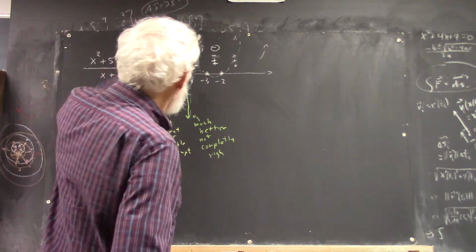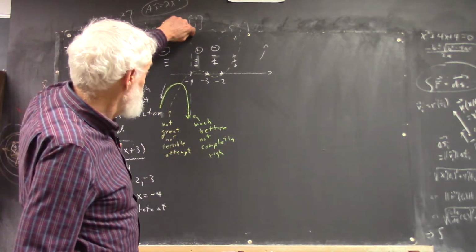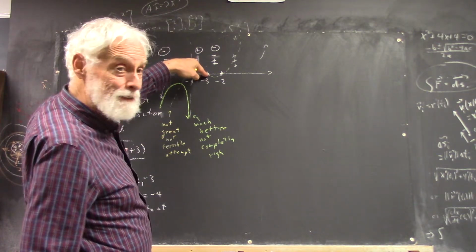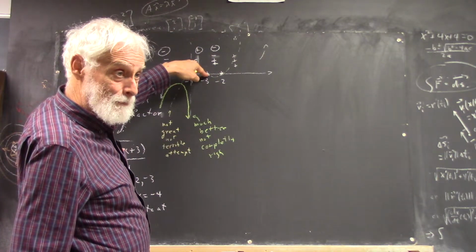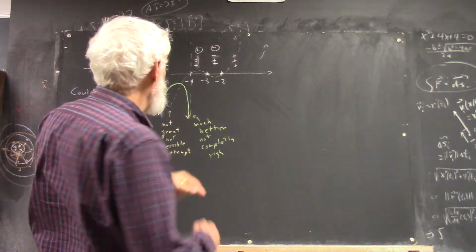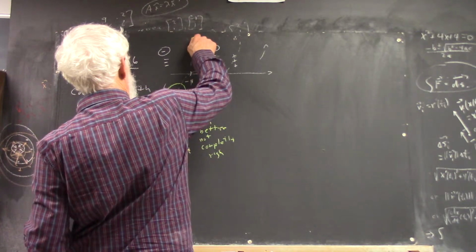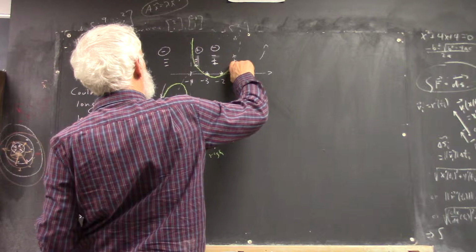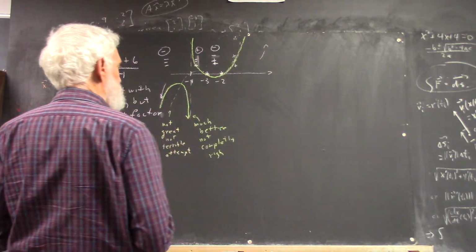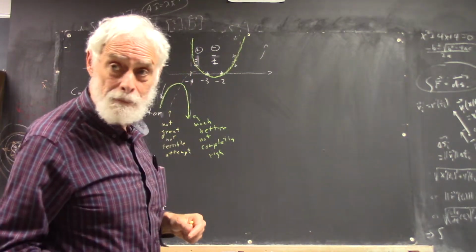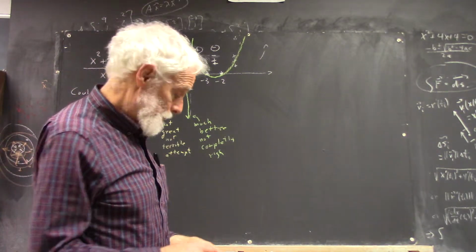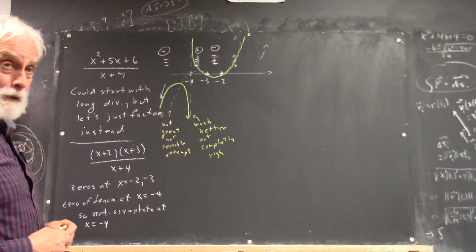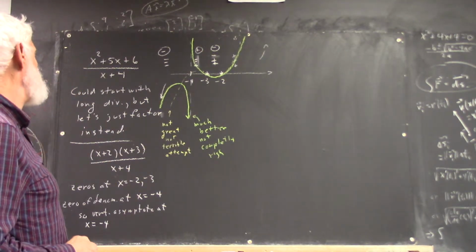And over here, it's positive, so the asymptote has to come down from up here. It has to go through 3, right? Then it has to go through 2 and on up, so you might well draw it like this. Now the good graph that you would draw, the better one,